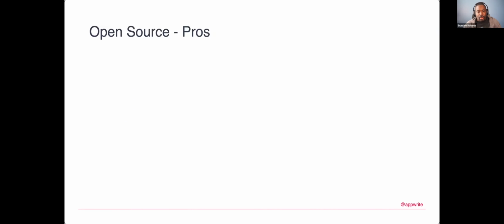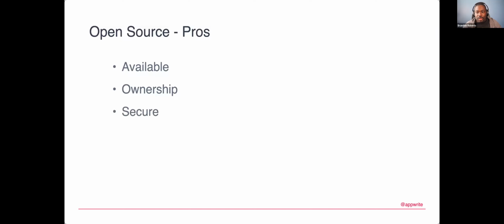So of course, the pros of open source, as I mentioned before: the ability to run, use, and modify the code, which is open and available. You also get ownership of that data, just like the source code, because you can actually see everything that's happening as far as how the data is provided and how you get data out.